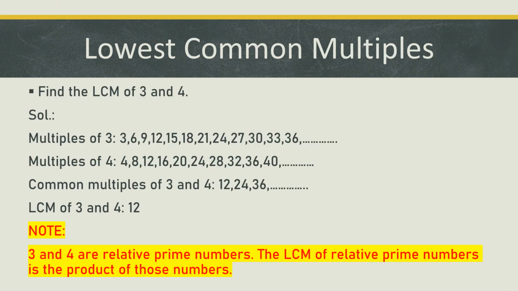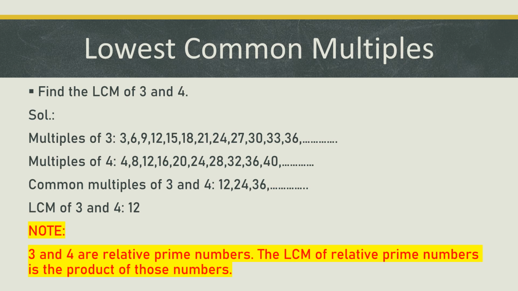Coming to LCM, that is least common multiples, please remember multiple means the table of that particular number. For example, in your childhood or in primary section, you have recited the tables of 2, 3, 4 and so on, like 2 ones are 2, 2 twos are 4, 2 threes are 6. So multiples in that case are 2, 4, 6, 8, 12, 14 and so on. So in LCM we have to write these multiples, these tables.